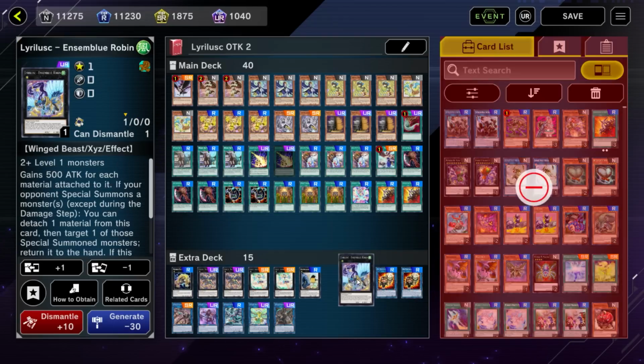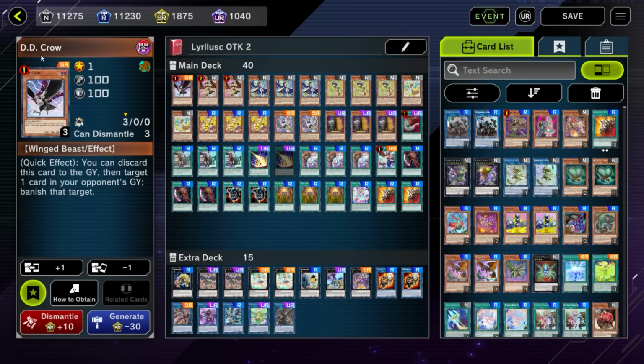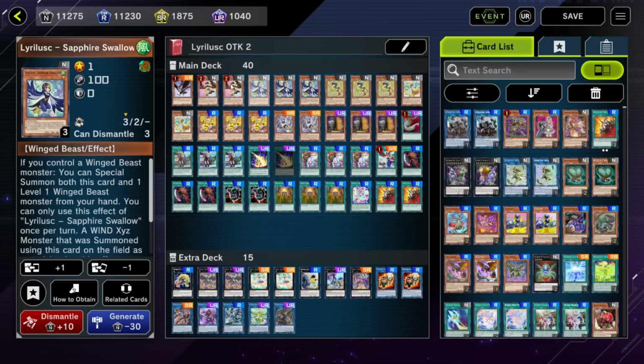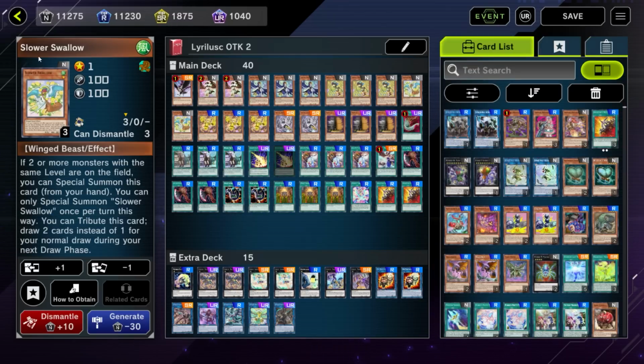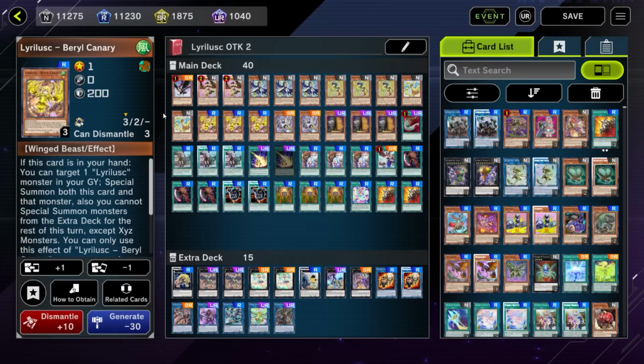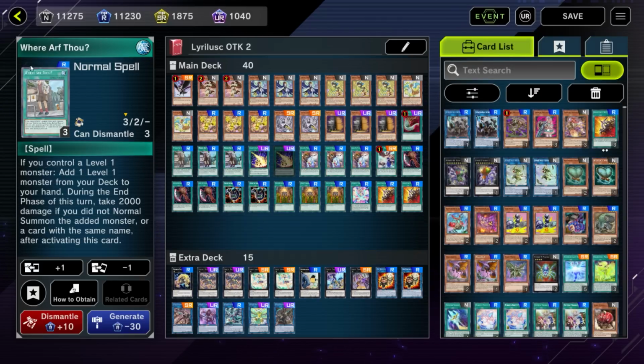We'll get into the extra deck in a second, but the deck list is fairly straightforward. 1 DD Crow, 2 of the Cobalt Sparrow, 3 Sapphire Swallow, 3 Turquoise Warbler, 3 Slower Swallow, 2 of these, not an engine card, but just a level 1 bird that is a special summon potentially, or a normal summon to help facilitate your engine, 3 Barrel Canary, and you could play 3 Wagtail, 3 Maxi, 1 Duster, 3 Where Art Thou. Again, this is one of your extenders for the deck, so helping to increase consistency, playing through